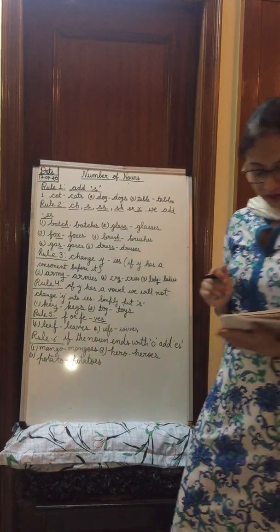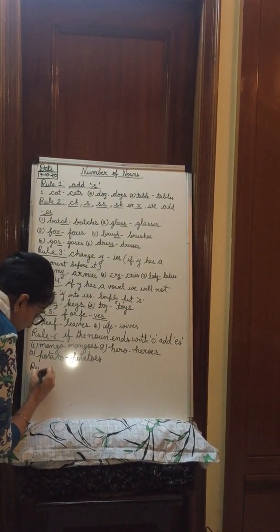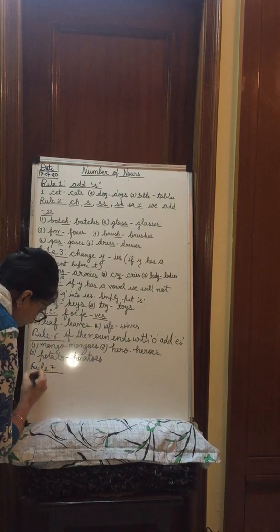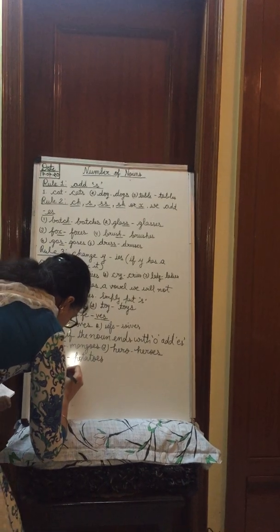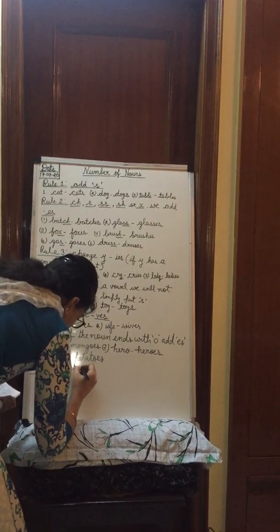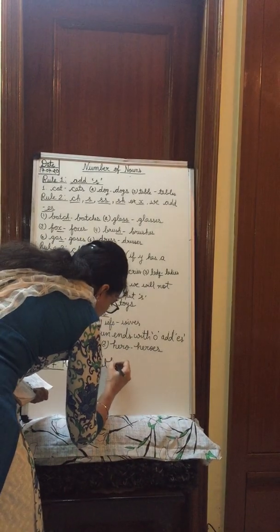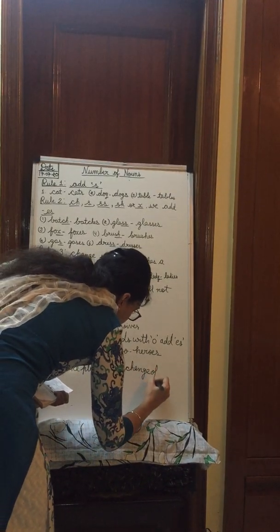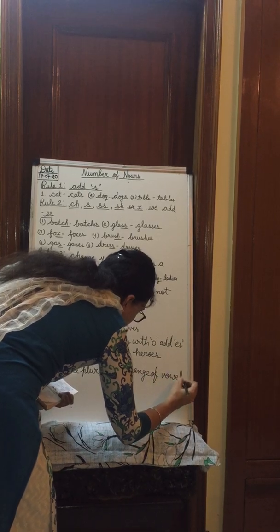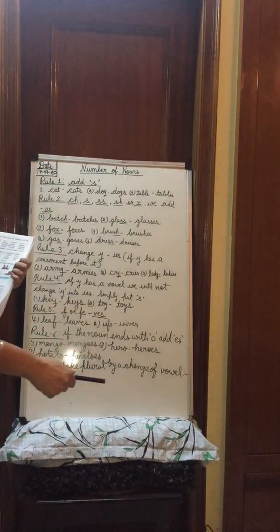So rule number 7. There are some nouns that we make plural by a change of vowel. For example,